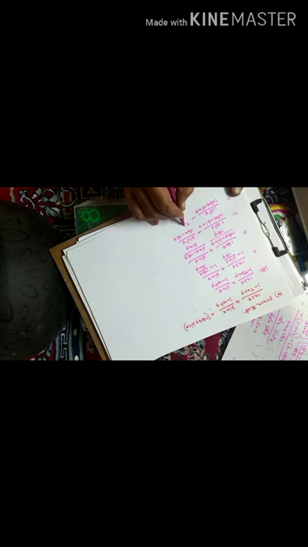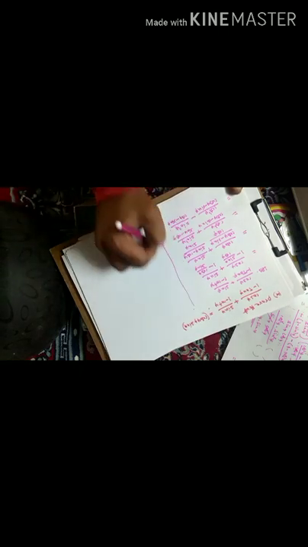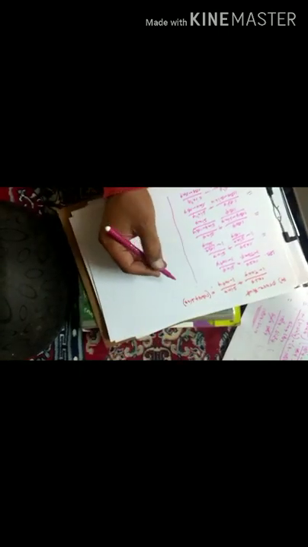Just one step I want to write here: cos square theta by cos theta minus sin theta. Here, minus common, therefore here you see this step: sin square theta by, if you make minus common, you will get cos theta minus sin theta, because minus into minus gives plus sin theta.